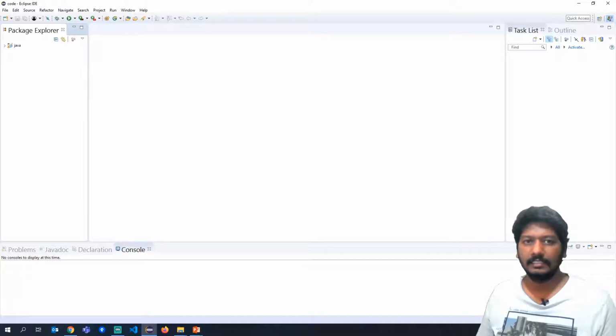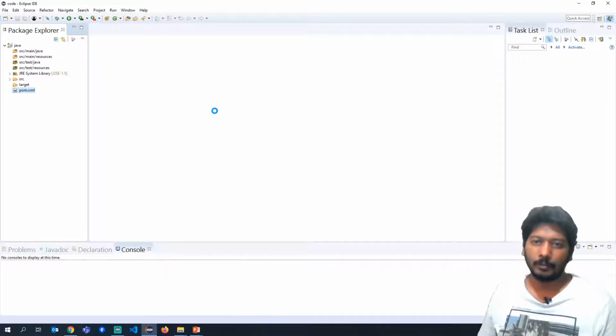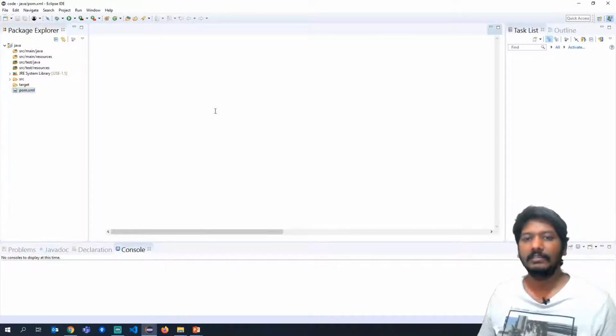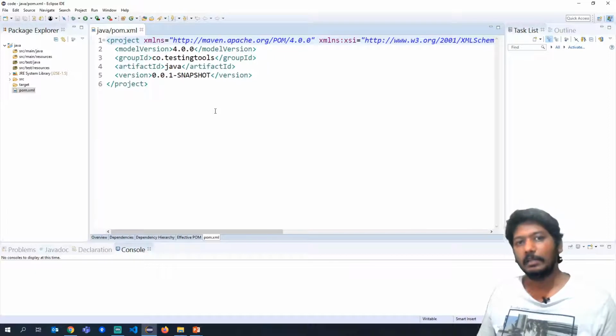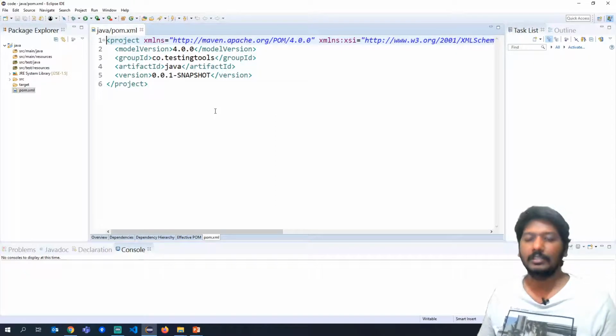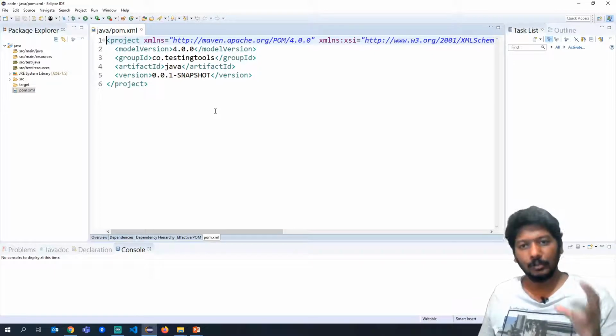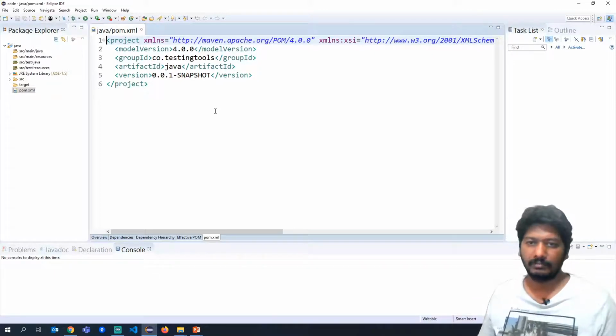Let us expand and see what is available. Okay, this is the default structure of a Maven project, in which you will have something called pom.xml. If you double click, it opens up the pom.xml file. So this is the file where we actually provide the dependencies that you want to have. Like as I was mentioning, we need to include some Apache POI related libraries. So for that, we have to first find a Maven repository and then put that particular dependency in this pom.xml file. So I will now open a browser.